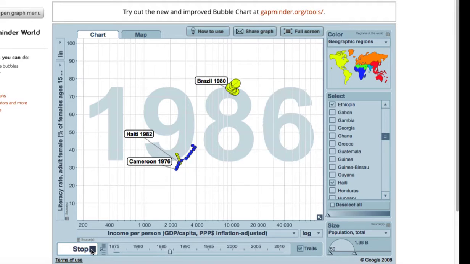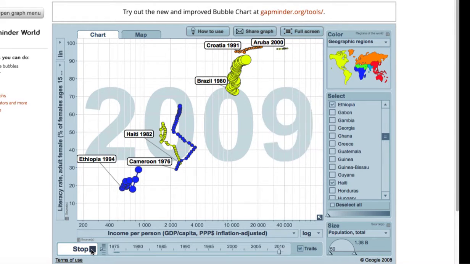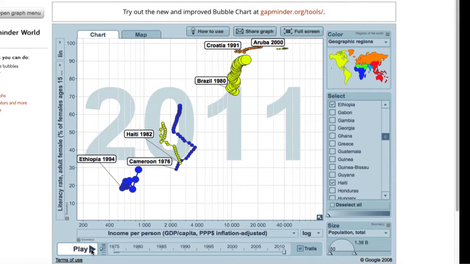No, so there we go. What you're seeing is over time how the countries have changed in their education literacy rates of females. And you can see that in every country, in spite of income, it's been going up. And it's been going up in terms of percentage. That's what you see on the left-hand column, the x-axis.